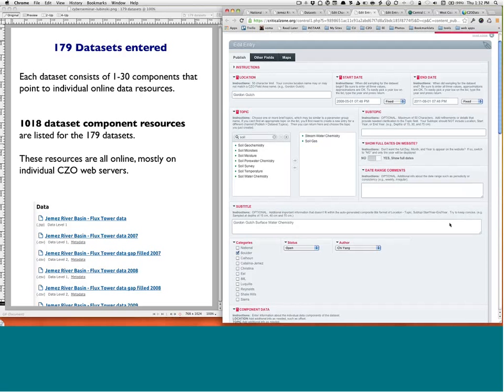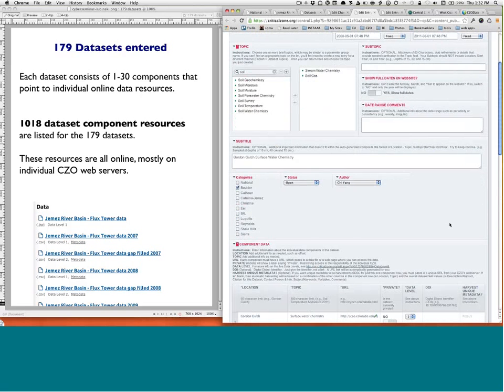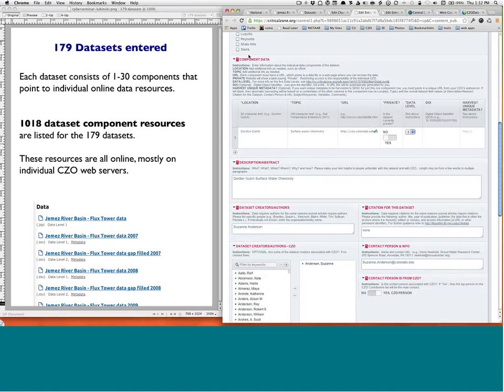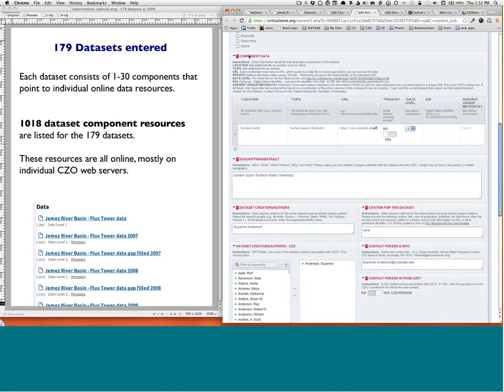As I said before, we'll go into detail later, but the real crux here is the components. As we mentioned, there's over 1,000 individual resources that have their unique URL currently in the system, and this is where they're being entered. So there's a small matrix here of just the key info for your data set, and the fields, columns on the left are the really critical ones. They are required to help promote consistency, but also in this case, you have to have a URL to your data